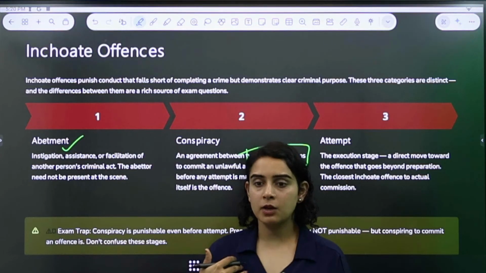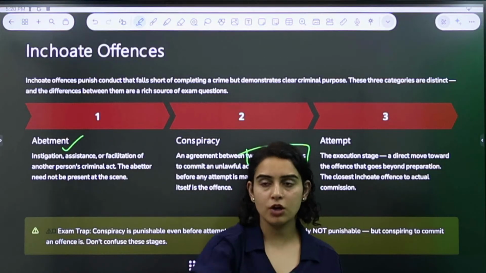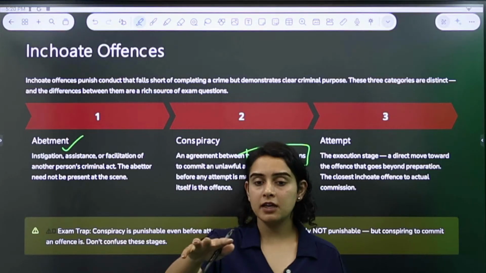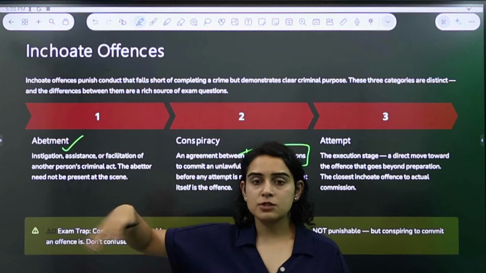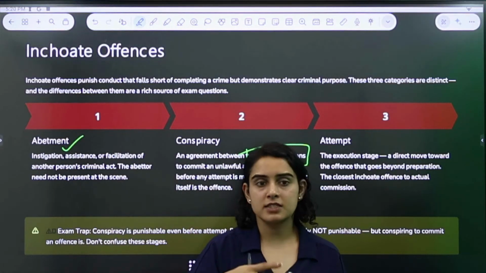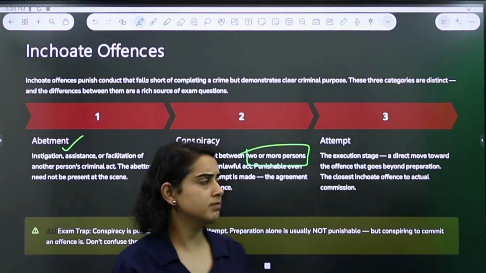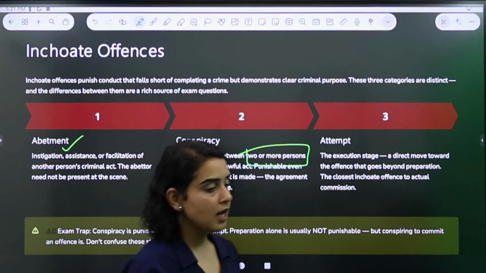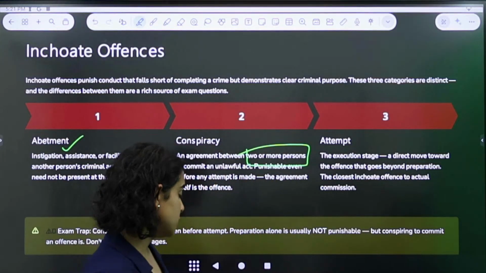And okay, I will go and bring person D to this spot, and person C to this spot, and A will go and probably bring a gun. D is going to do something else to maybe distract C so that B can finally kill D. Okay, so basically, two or more people are planning things together and executing them together as well. Now, that is called conspiracy, right?